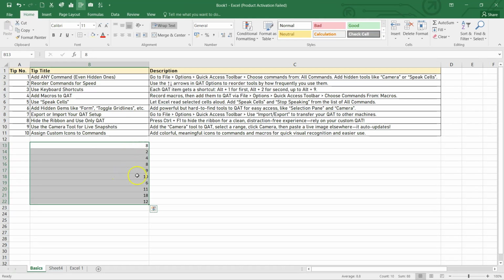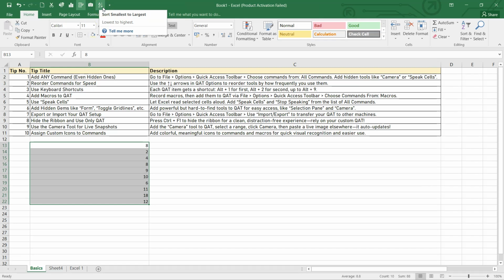So one thing is I can just select and click on it. But if I want to quickly use it using my shortcut keys, what else can I do? So I'll just count the number of the place. I'll count it from here: 1, 2, 3, 4, 5, 6, 7, 8, 9, and 10. So this is at the number 10.